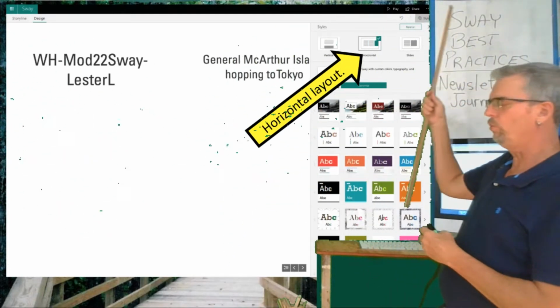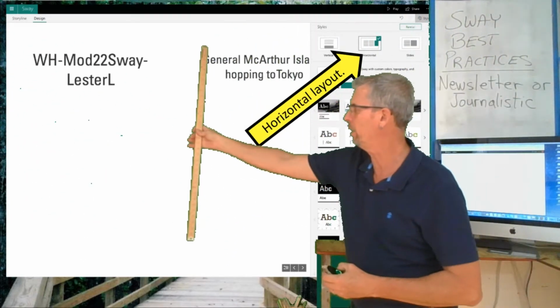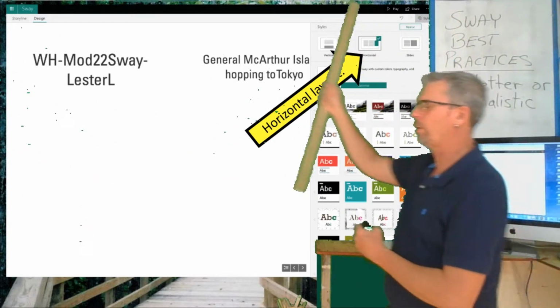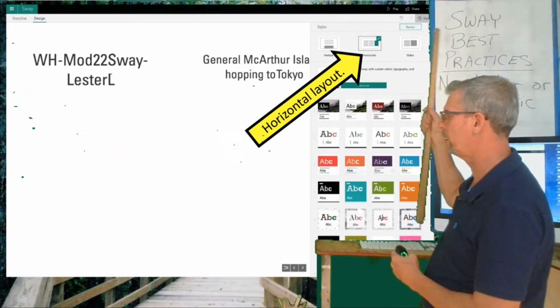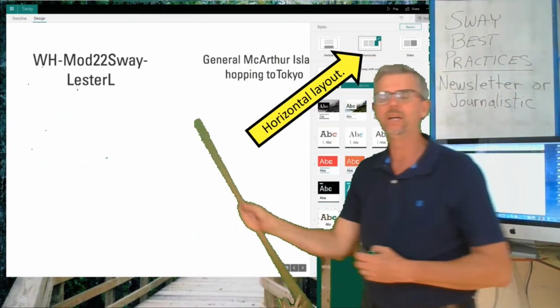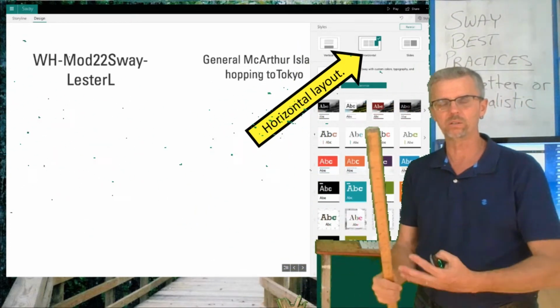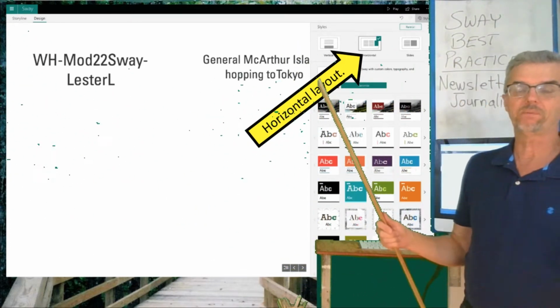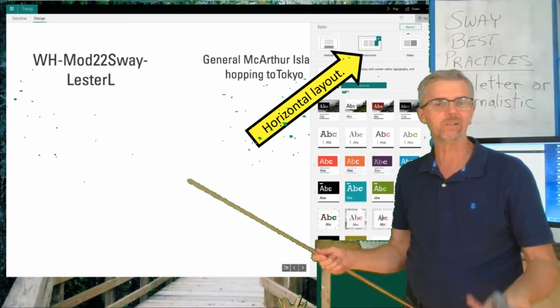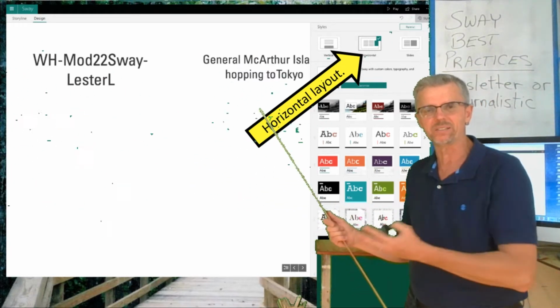In order to move, you hit the right arrow and it goes, here's my headline. You hit the right arrow and here's my picture with a caption. You hit the right arrow and here's my text card. So that's a horizontal scroll. For long newsletters, that kind of works. It kind of feels a little bit like a slideshow,